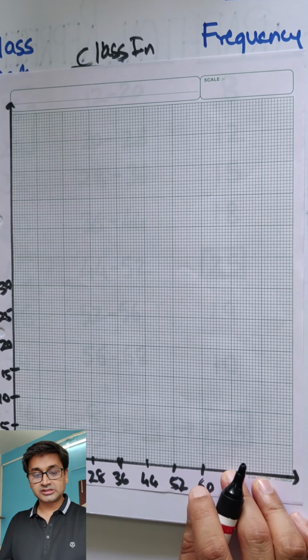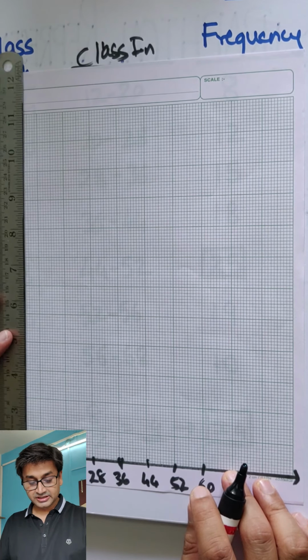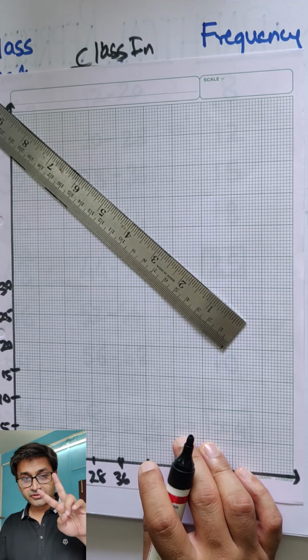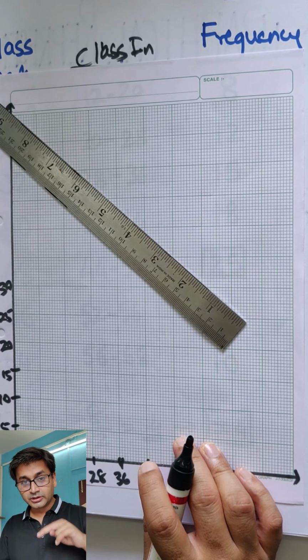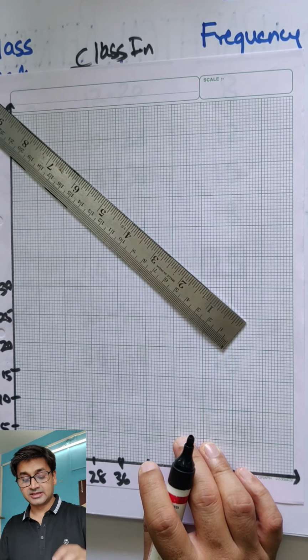Let's go ahead. The first frequency is 8. So 10, 2 lines lesser than 10. 2 lines or 4 lines? Think. See, 5 to 10 is just 5. So 5 divided by 10 means each line is 0.5. So if I want to come 2 units down, then I'll have to take 4 lines. See, you need to understand this very well, otherwise you will mess this up. So I'll have to come 4 lines down in order to hit 8.